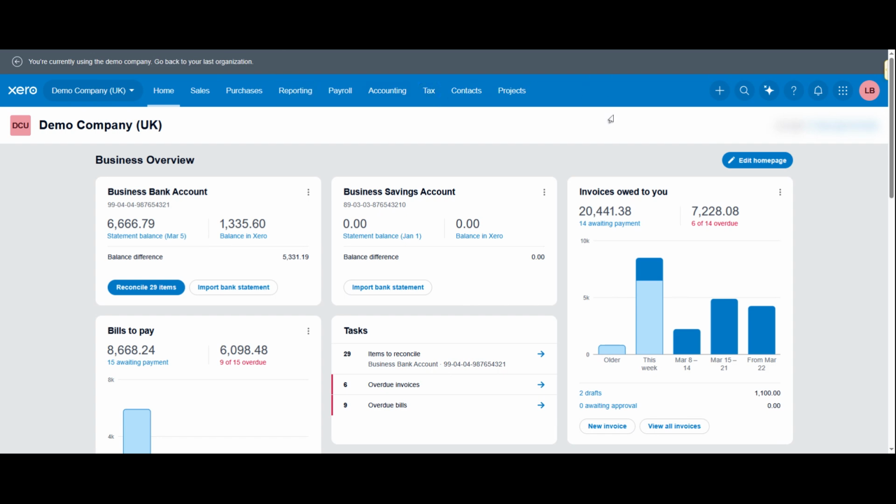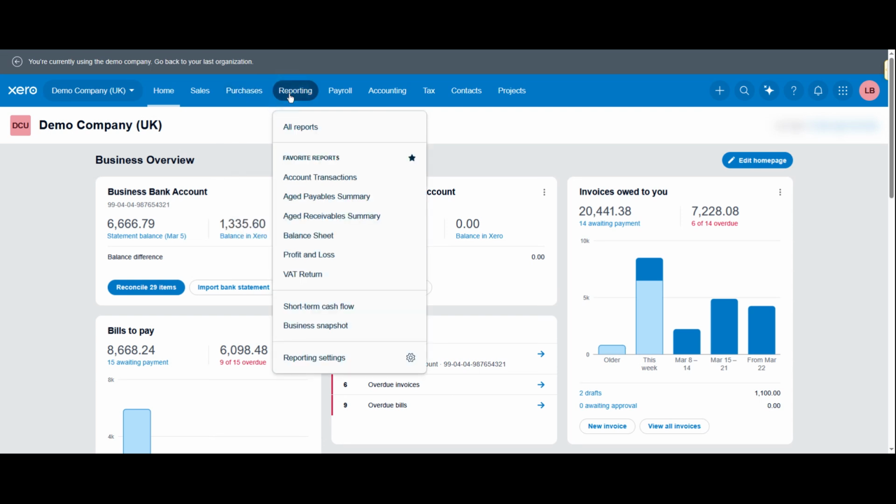Let's get started. First, let's fix the spinning wheel or timeout issue. This usually happens when a report like the profit and loss is trying to load too much data at once. Start by opening the report that's stalling, for example, your profit and loss report. If you notice it keeps loading and never finishes, the most common cause is that the date range is too